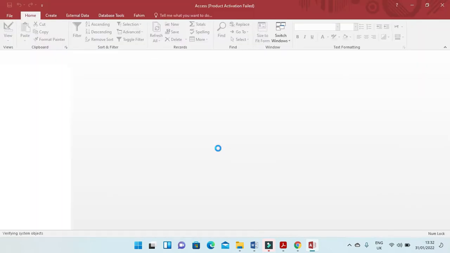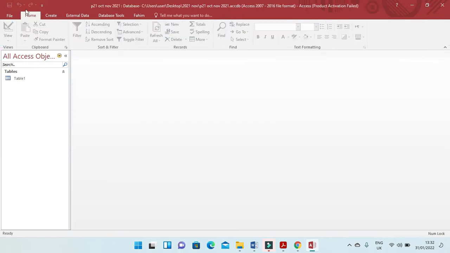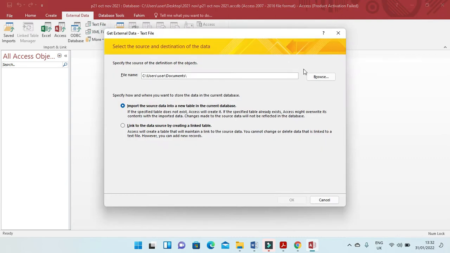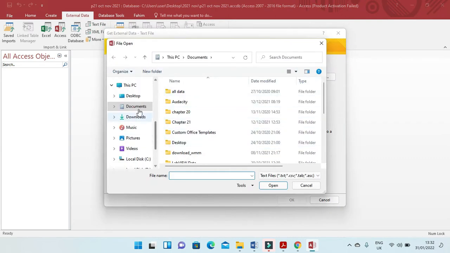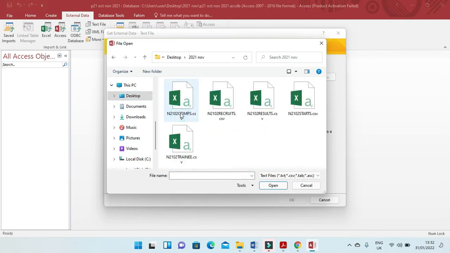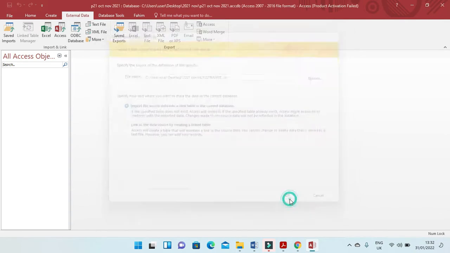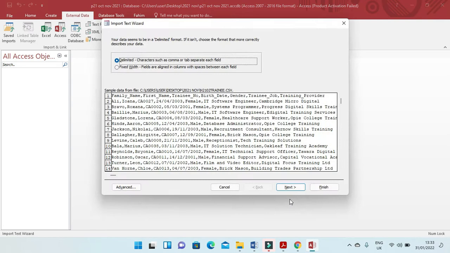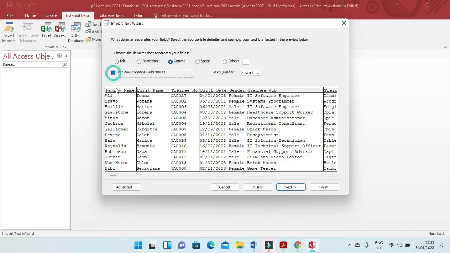After saving the database, I need to import the file. So external data, then text file, browse, and then desktop. I have the file trainee.csv. So we need to follow the same file, the field names and its data types, and then the import wizard will begin. So the first step is to click on next, then click on the option first row contains the